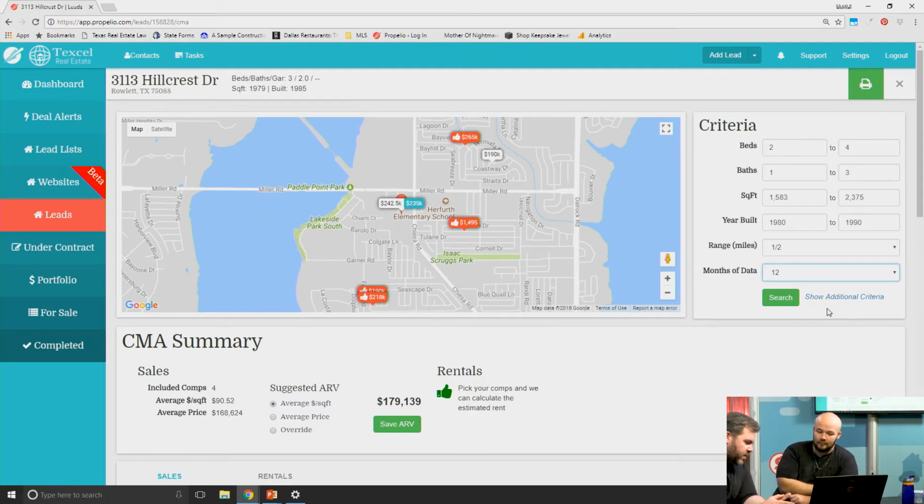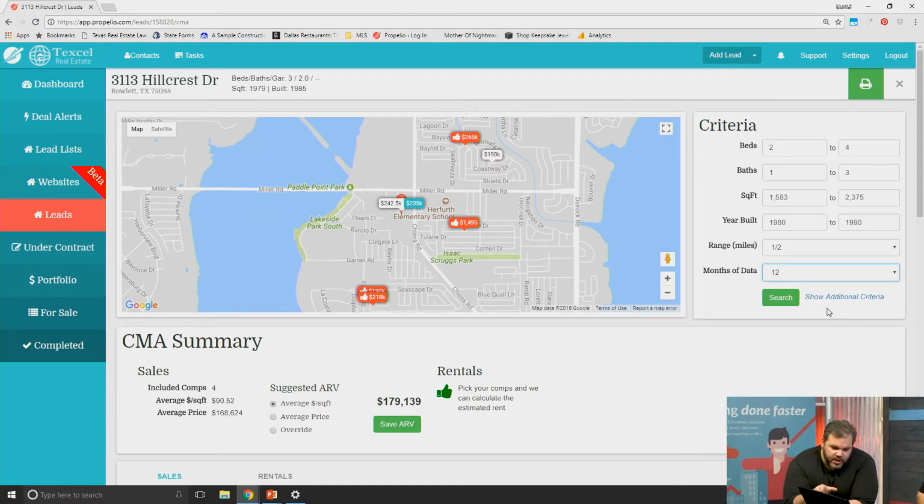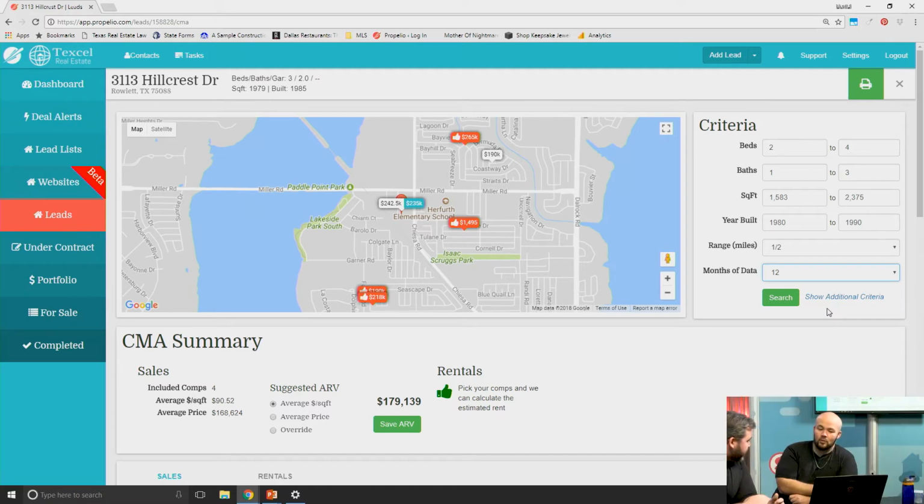Now, quick question, because this is your company, you built the process, me and Nate. Sorry, Nate as well. The criteria, is it your preference or is it always the autofill, or how is that generated? I love that question. To speed up the process, we have default criteria set in the system, which is plus or minus 20%, plus or minus 5 years, plus or minus 1 bed, 1 bath.